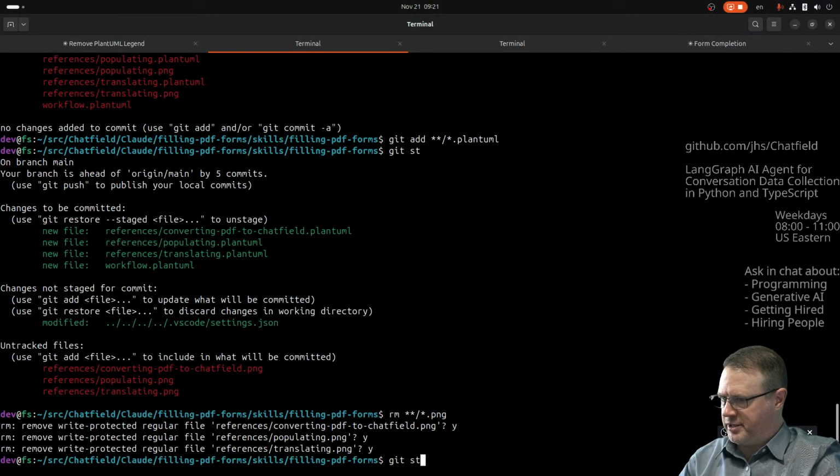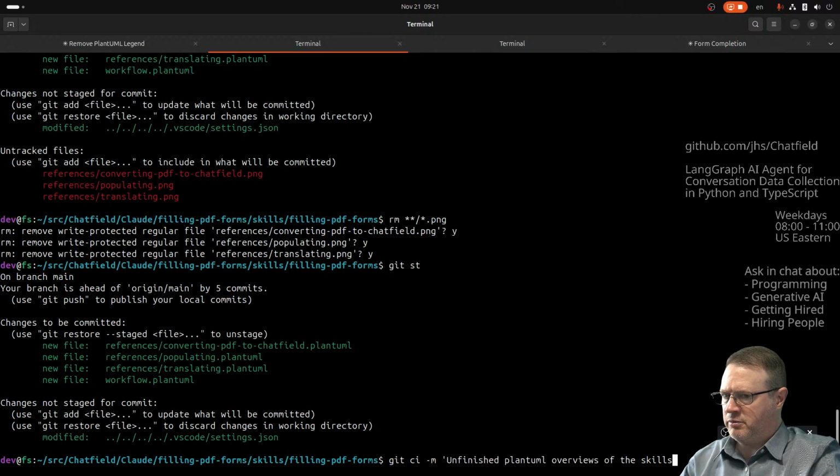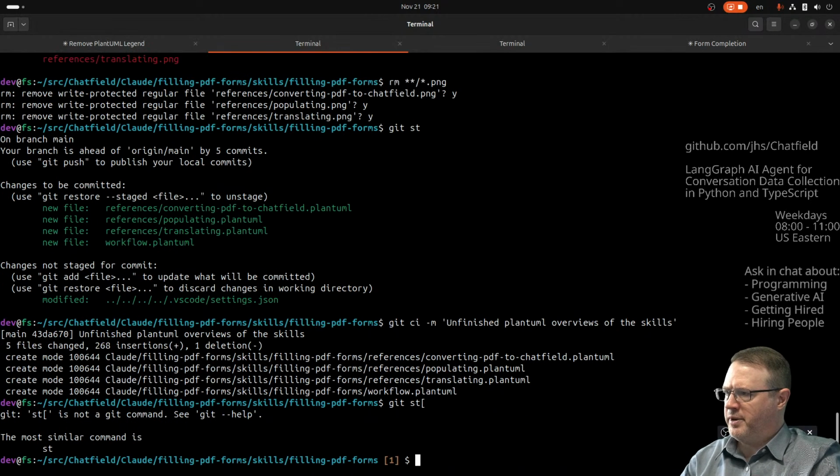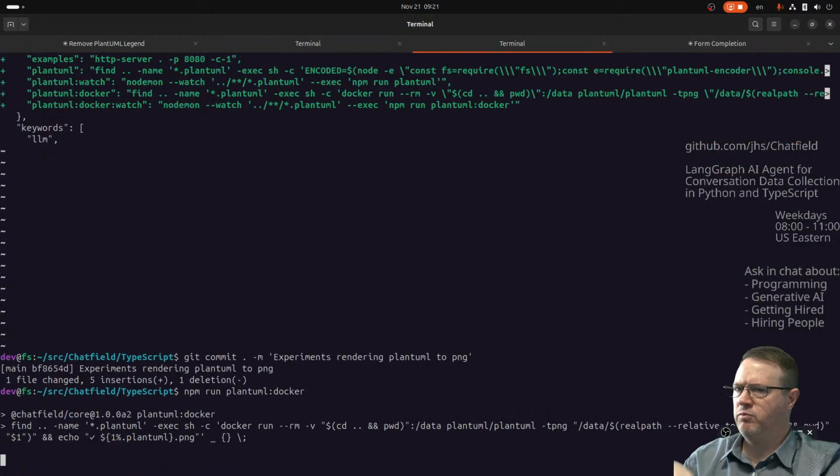Oh, I guess if Docker makes it, it does that. The VS Code settings don't matter. Like unfinished PlantUML overviews of the skills. That's basically it. So then if I run the npm command again, I want to see, why does it, there